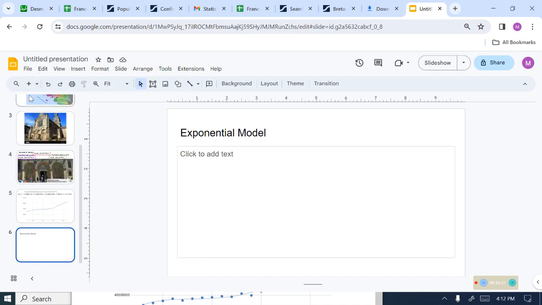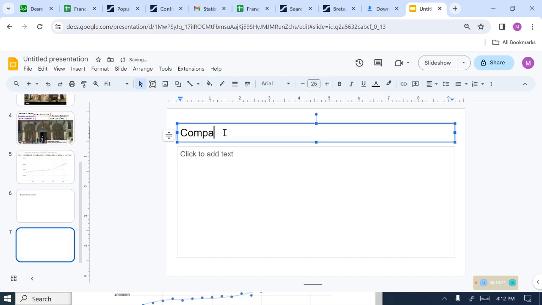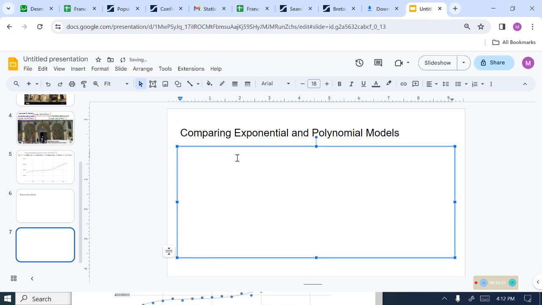I want to make a new slide, and then put "Comparing exponential and polynomial models." And then I would be able to write something about the polynomial model. The R squared value equals 0.993,